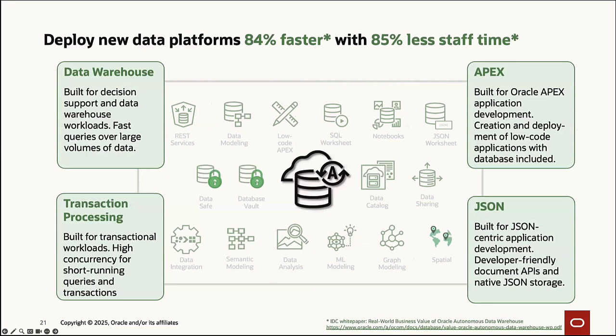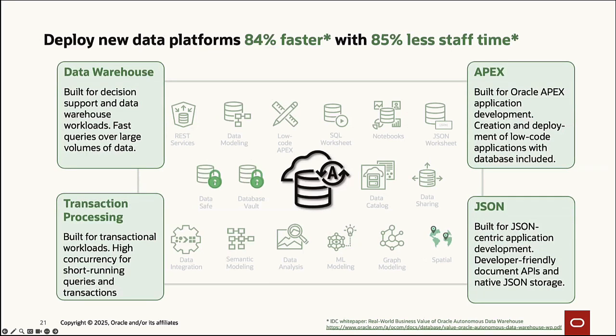So as highlighted here on this slide, we have in the upper left quadrant an autonomous data warehouse. This is great for large scale analytic workloads with the advantage of in-memory columnar format, giving functionality that meets the needs of any data scientist or business analyst. And here in the bottom left quadrant, we have autonomous transaction processing for running transactional, analytical, and batch workloads